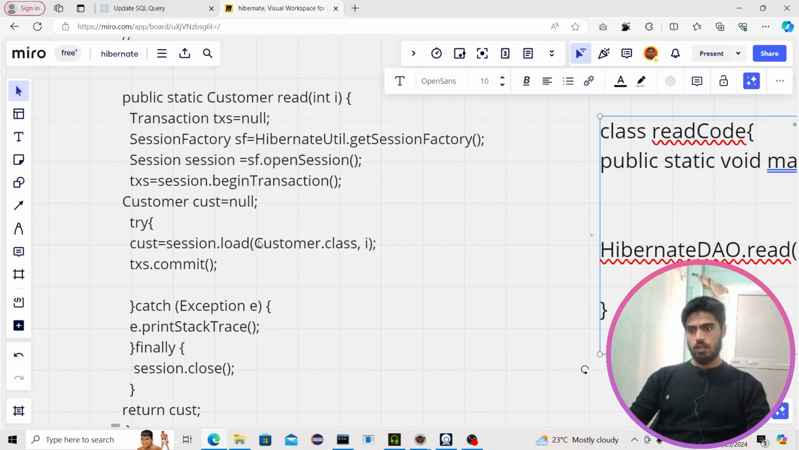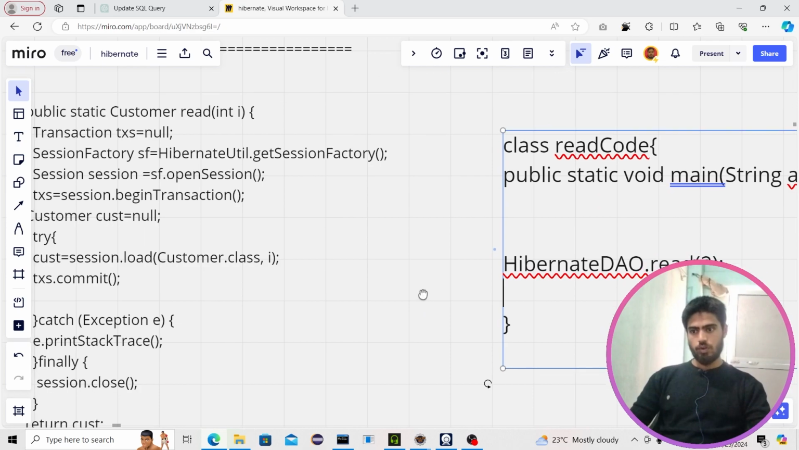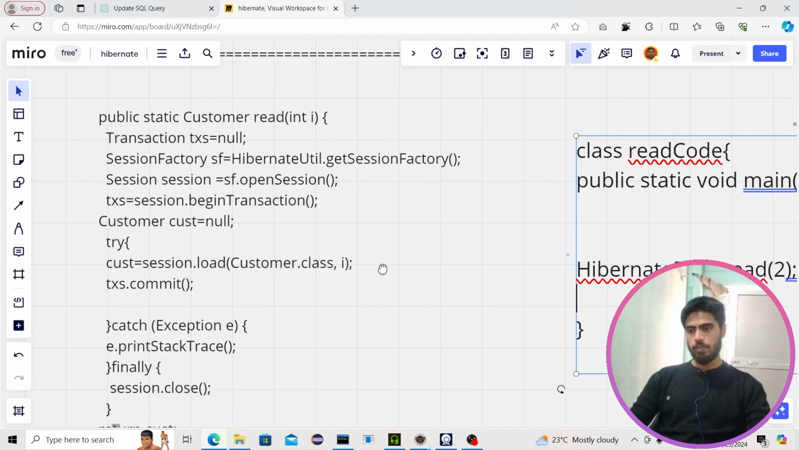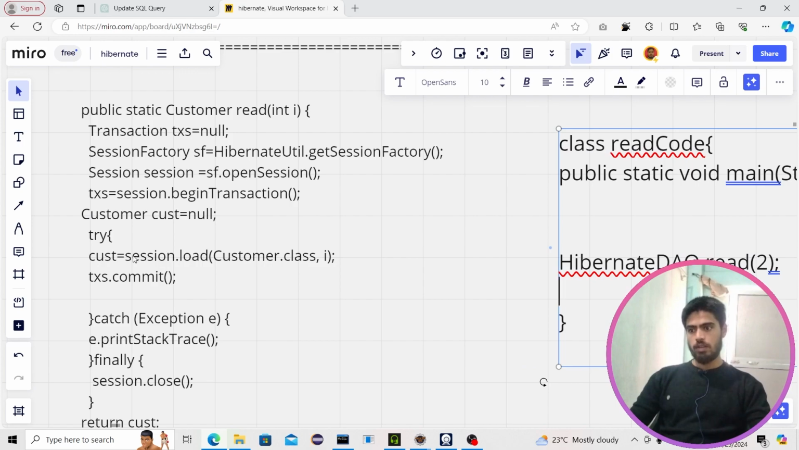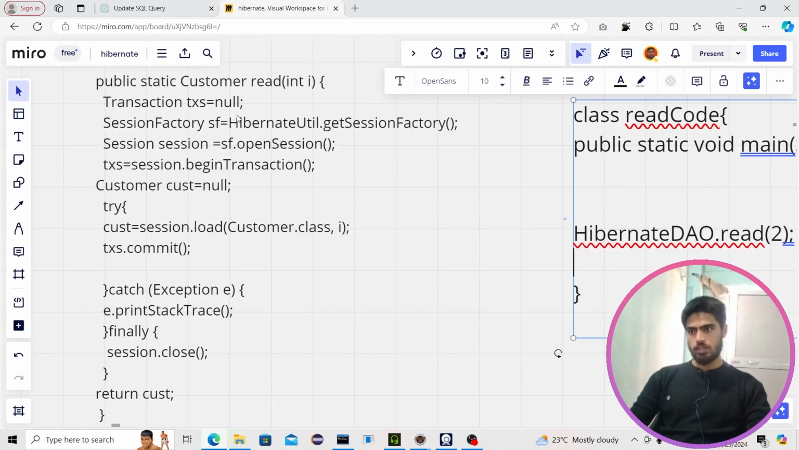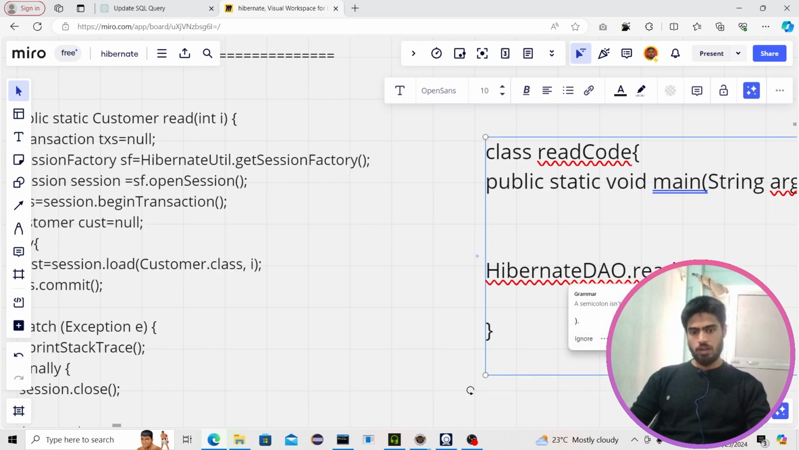session.load, Customer.class will get loaded, and which row, which primary key? We have provided the primary key from the point where we are calling this read method. So at the second primary key, 2 will come here and this i goes right here. And what is it going to return? It is going to return the customer object. So here is the customer, and in cust we have a customer type object, and then we are returning this cust. So the return type of read method is Customer, which means we are going to get